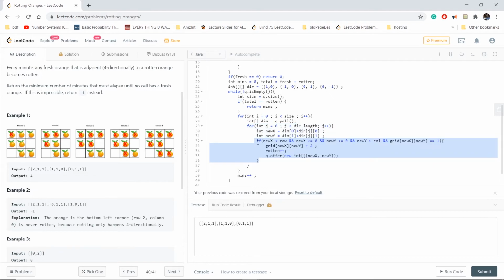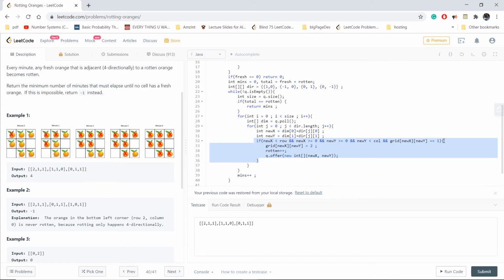And this is the base condition. To convert any fresh orange to rotten, the calculated new x and new y should be within the grid limit, so it is checked against the grid dimension, and we need to convert only fresh oranges, so that cell at new x and new y should be equal to 1.